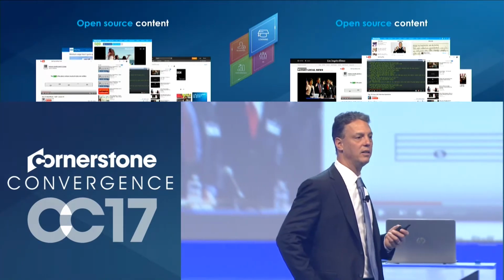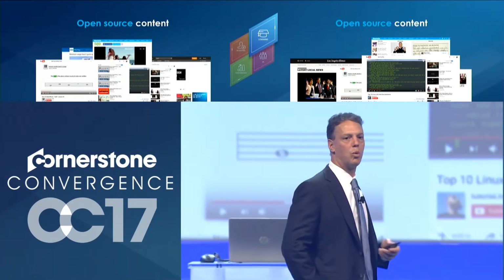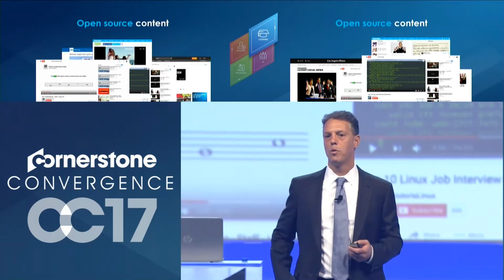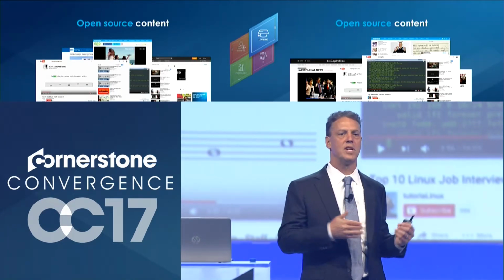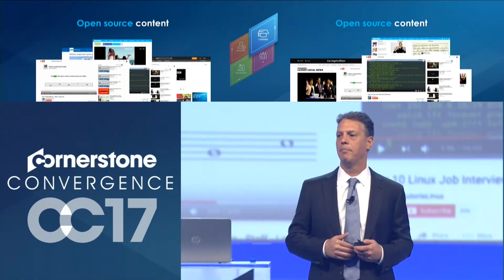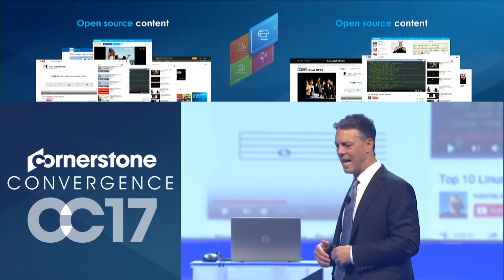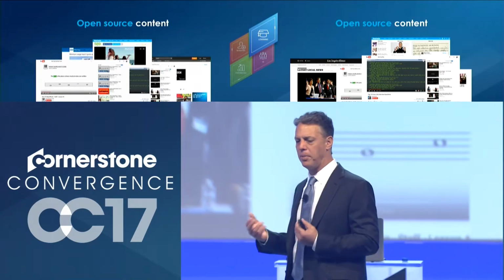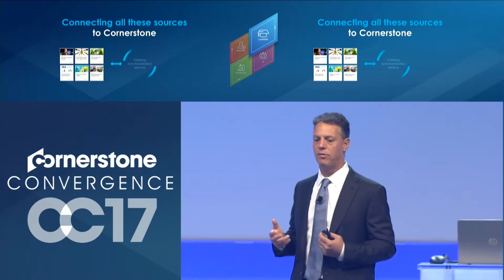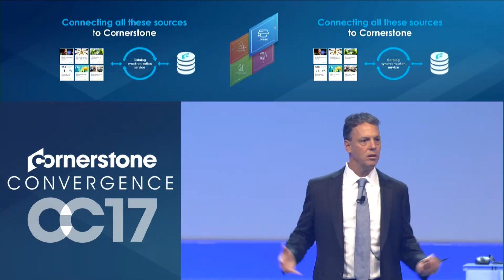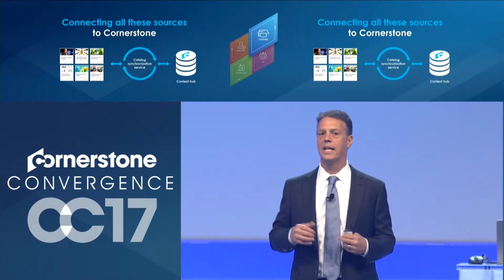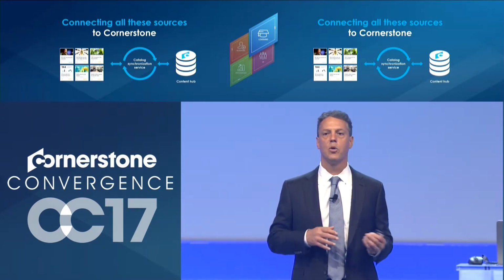And a lot of it fits right into this world of micro-learning, where people want to learn something very specific in a very short amount of time. So how do you get to that content? How do you add it to your playlist? How do you make it part of the whole corpus of training that's out there in your organization?